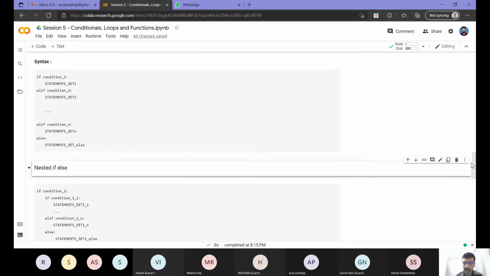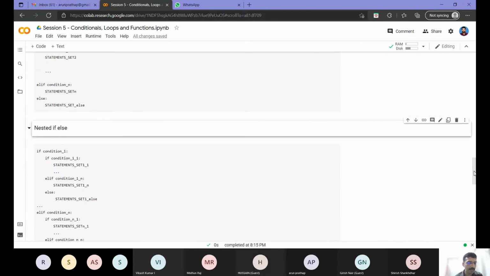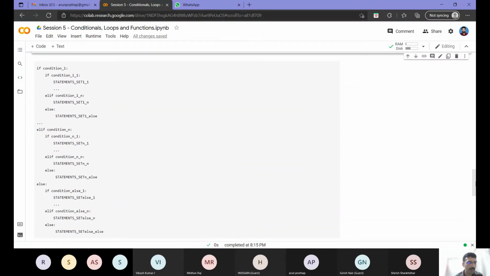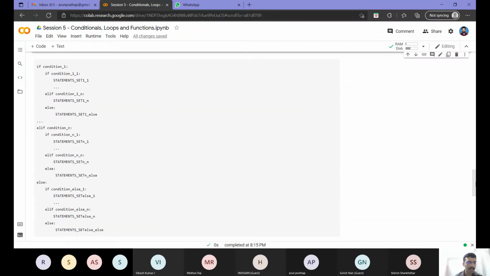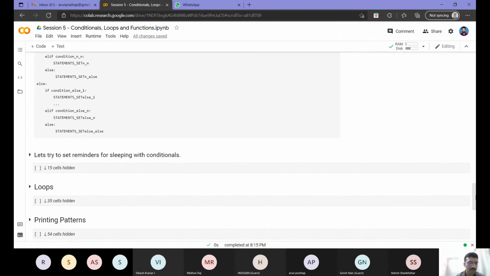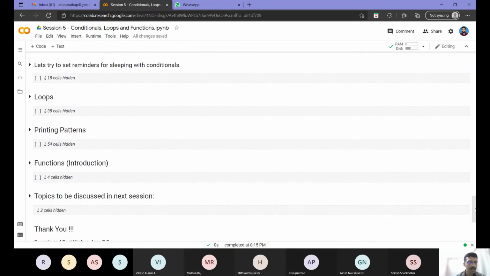So similarly, we can nest within elif, within else, and so on. As you can see, it is possible that the code will get very complicated because of this. So while going through the session, I will give you one example of this, and I will also tell how you can flatten the nested if so that your code is more readable. So from the implementation part, we will see an example.